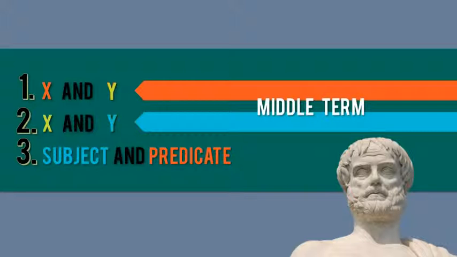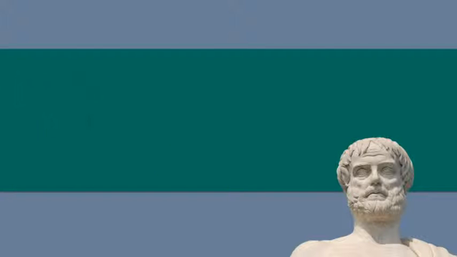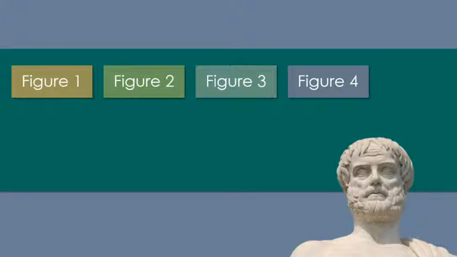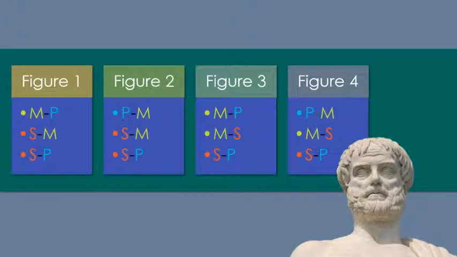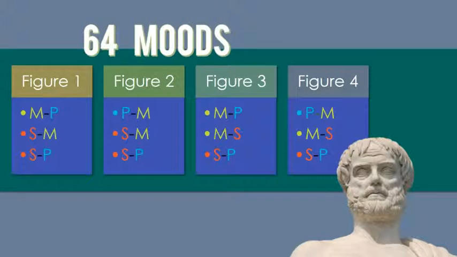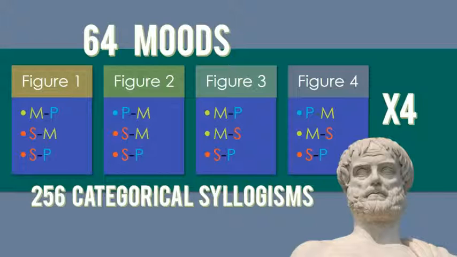So the middle term can end up in four possible positions, and we call these figures 1, 2, 3, and 4. Pretty easy, right? Alrighty then, so we've got 64 possible moods and 4 different figures. So 64 times 4 equals 256. That means there's 256 possible categorical syllogisms, 256 possible arguments, which I kind of sorted and listed out here, but